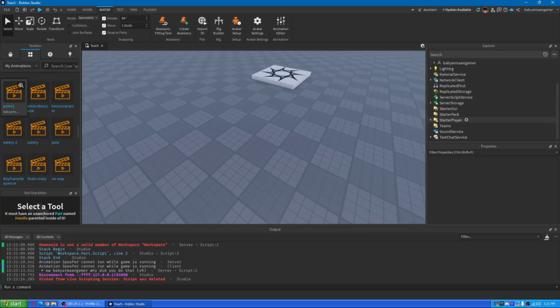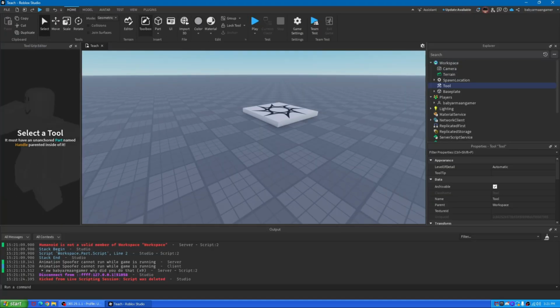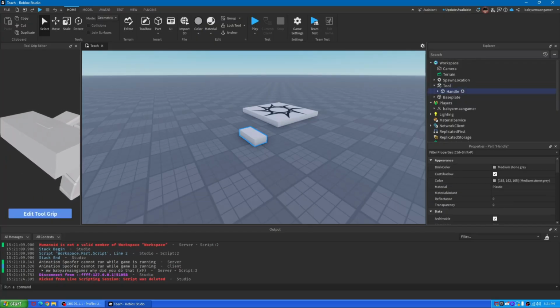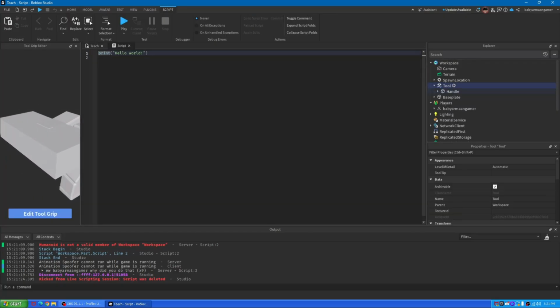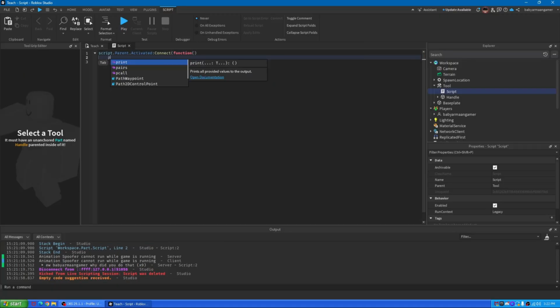There's also things like tools. So let's put a tool in the workspace. We're going to give it a handle that looks like that. You need to call it Handle exactly like this, unless you're making a custom tool, but that's something for later. And let's add a script, and tools automatically have this event called Activated, which activates when you click. So you can do print